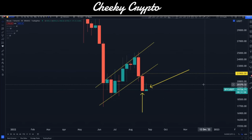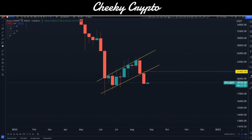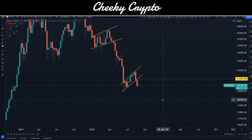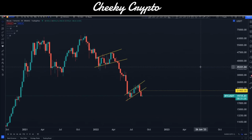Obviously, we are in September, and 80% of Septembers, historically speaking, have been bearish. There is that 1 in 5, of course, where things can flip and turn around, but if we fail to close this weekly candle above 21,900, then I think there's a strong chance that the bears are going to take control of the situation and really take us down lower. And how low might we be thinking? Well, we're going to be significantly lower. I don't think this is going to be ending anytime soon, and we will probably be heading towards, unfortunately, that super bearish scenario where we can see